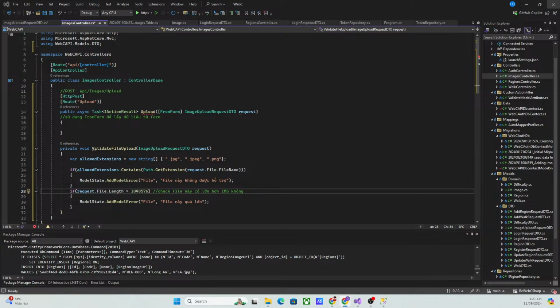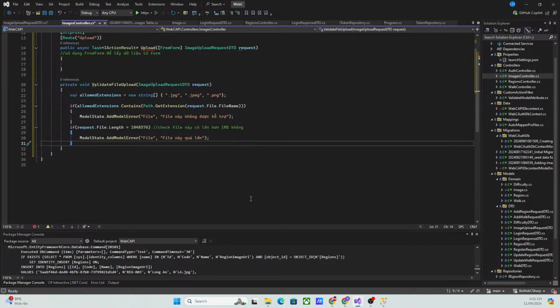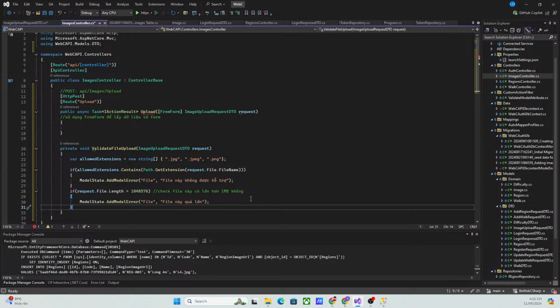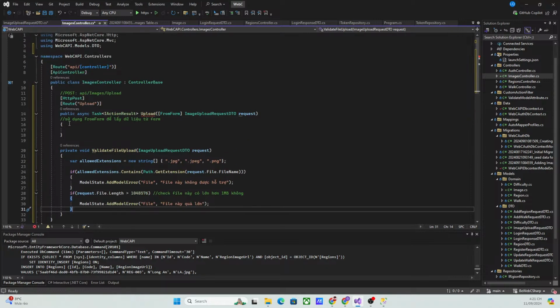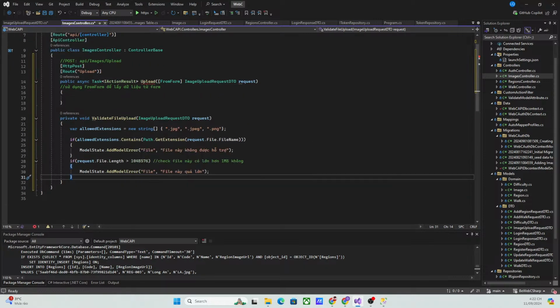So we will say ModelState.AddModelError, and again the key is file, and the error will be file size more than 10 MB, or whatever the file size you are checking against. Please upload a smaller size file. And that's going to be the validation error. So we are checking for two validations, and based on that we have to call this method over here. It will run through this method, and